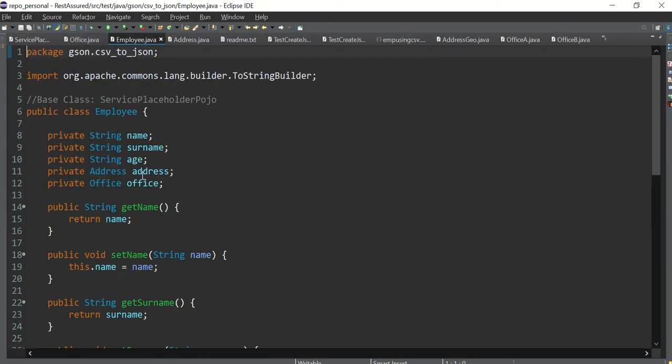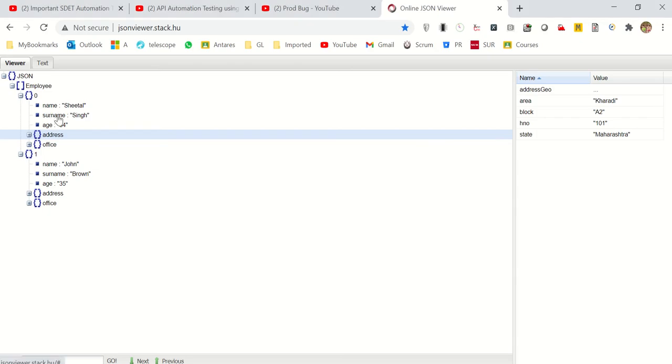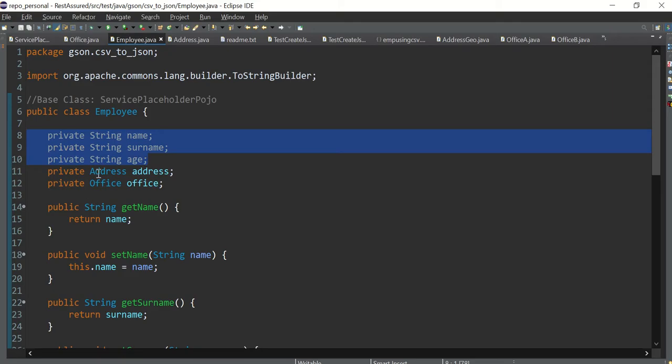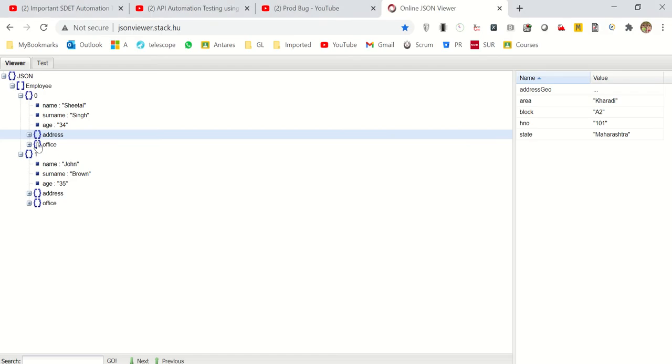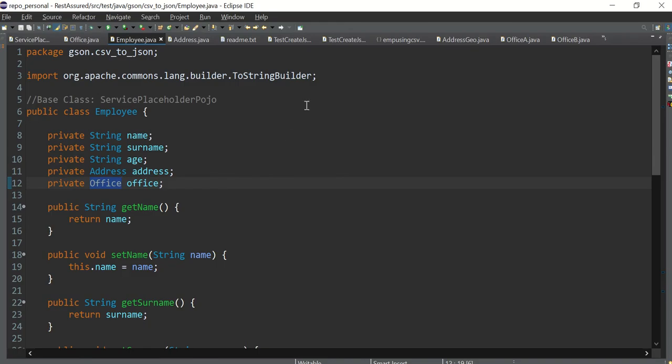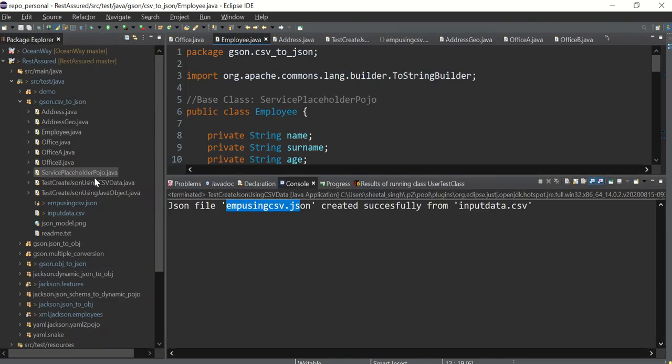where there is name, surname, age. These three are the string variables. You can see name, surname, age, right? And there is one node for address and one for the office. This is the representation of this particular node. So according to your JSON, slowly, starting from the end point, you can start creating the classes yourself without using any tool. You can create them very easily. Once this is done, half of the effort has been done from your side.